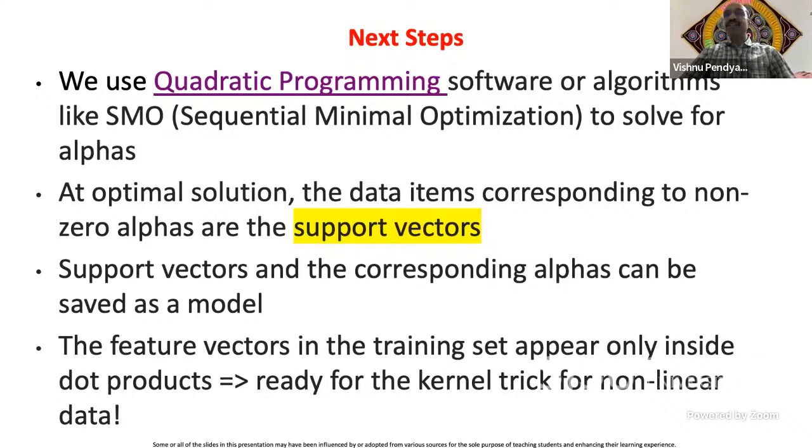So just like in the attention model, some of you might be familiar with the attention mechanism in the transformer architecture in NLP, natural language processing. Google search has improved a lot after this paper, Attention Is All You Need. Attention is paid only to a few words, although the sentence is very long; the next word depends only on a few words. So that is the whole idea behind the attention mechanism. Similar to that, in support vector machines, we are paying attention to only the support vectors, leaving thousands and thousands of other data items.